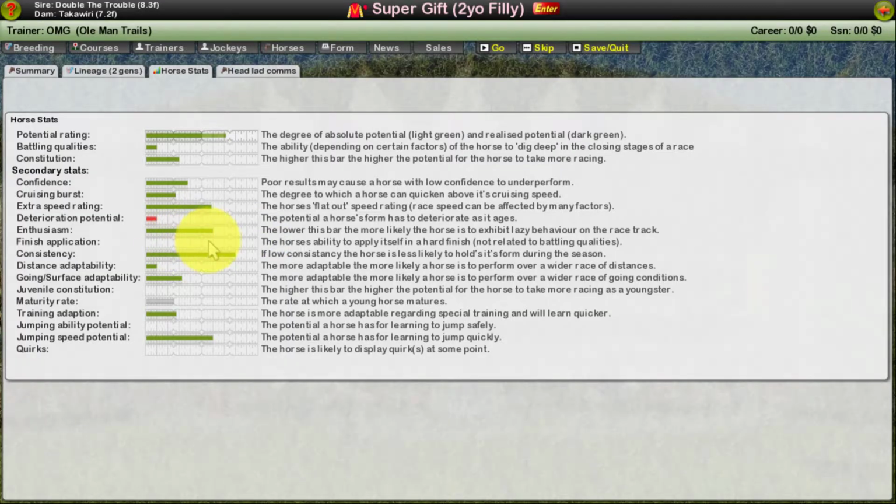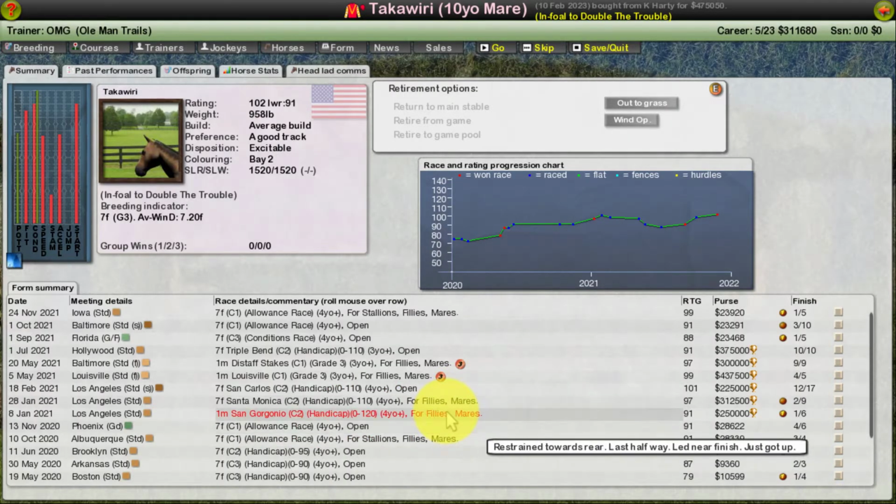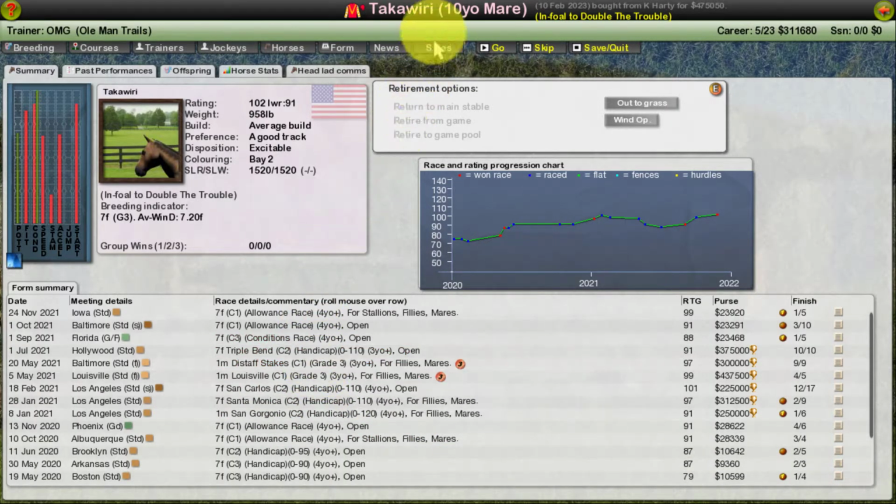So these last two here, Super Gift and Gone Girl, I'll be honest, I'm not sure if they'll survive. But we'll see how they race, and we'll determine how long we'll keep them. Oh, look at this. All three of them are sisters. They all belong to Double the Trouble. That was not on purpose. I wasn't looking into that as I was making my decisions, but that's good to know that he's producing in this way. Look at her mother,